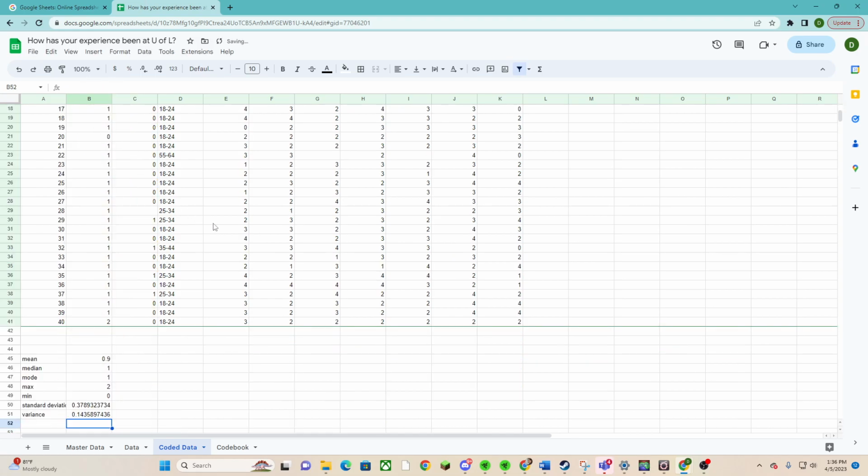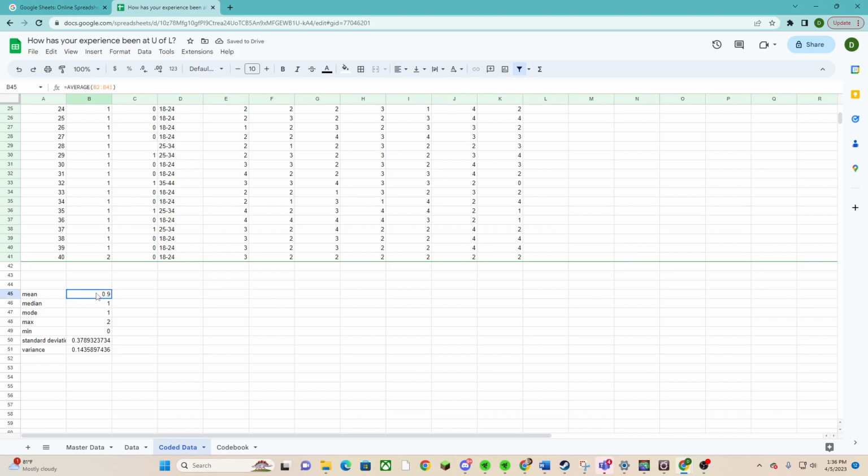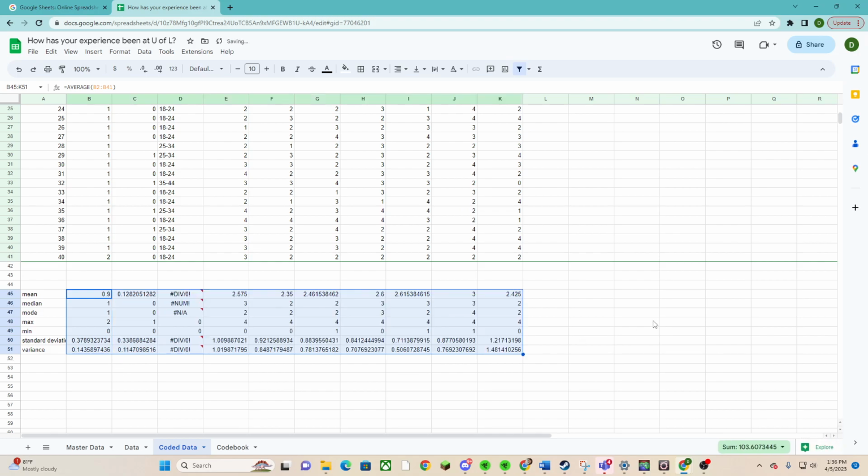Okay. So now we have all this filled out. This is equal average, highlight the column. Equal median, highlight the column. Equal mode, highlight the column. Equal max, highlight that column. So on and so forth. After we have all that, you highlight the entire thing, from B45 to B51. This is B, and there's your numbers. Then you click your blue box, and you drag it underneath every column you have. And what this will do, it'll quickly calculate all your